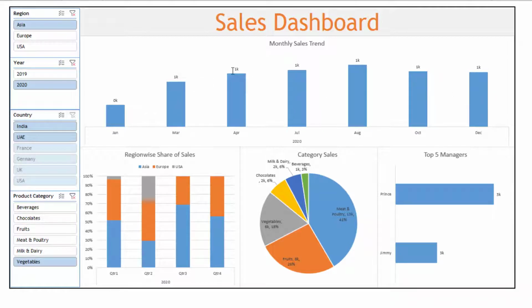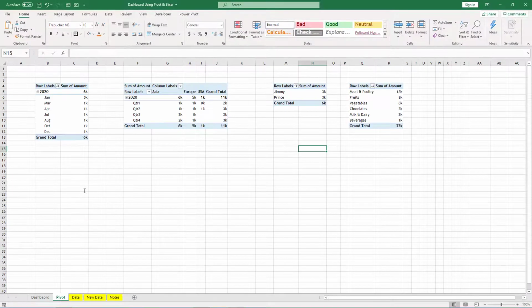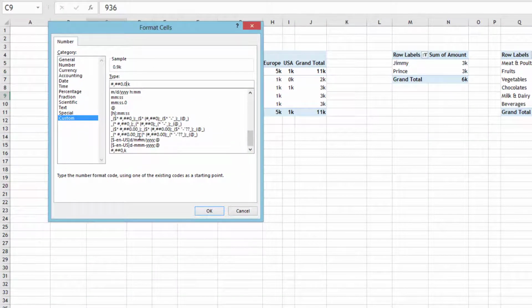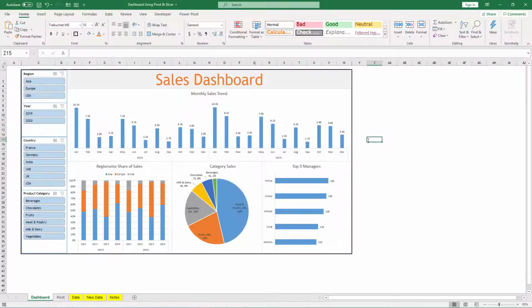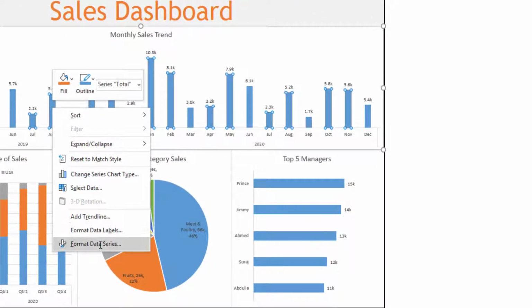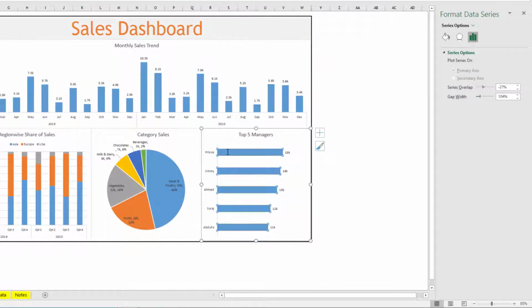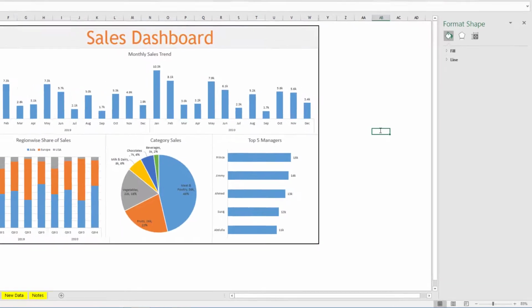Now you can see here 1000, 1000, 1000. So maybe you can go for one decimal here, 0.0. That's it. If you want to increase the thickness of the bars, right click, format data series. Here we have gap. You reduce the gap, the chart thickness will automatically increase. Here also you can do the same, reduce the gap, and the thickness of the columns will increase. Here again. So you can decide how much you want to keep, and that's it.